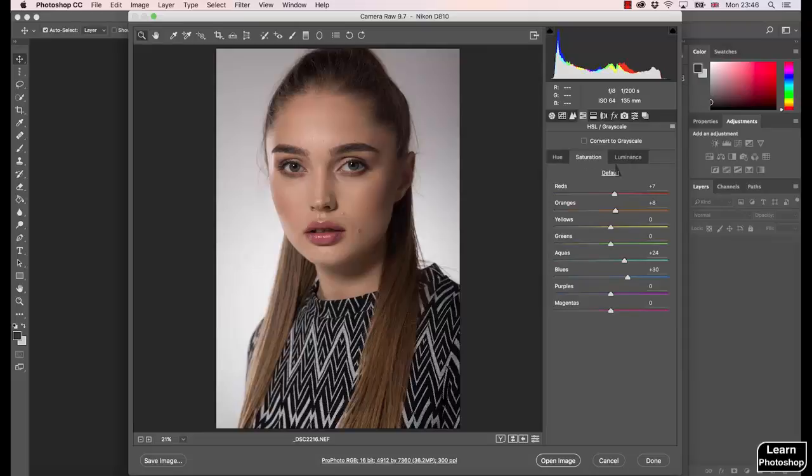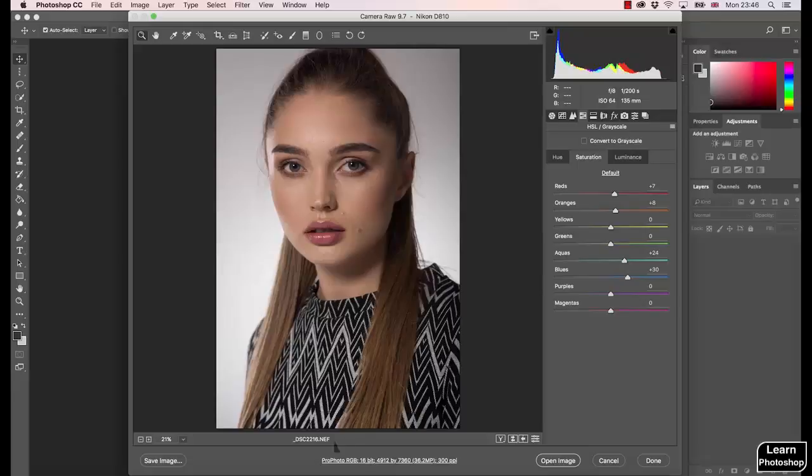I don't really work with hue and luminance, but saturation is very powerful, once again, to restore some colors, to recover colors, to add additional color push to your image, or often to fix the image discoloration. So right now I'm going to open the image in Photoshop, but I'm going to do this in a